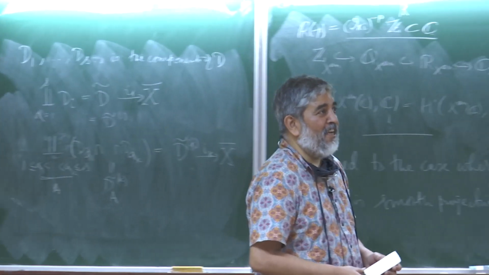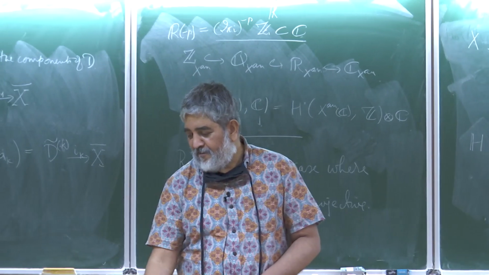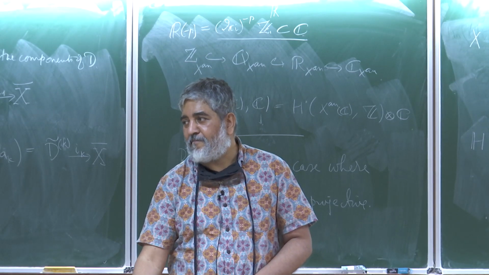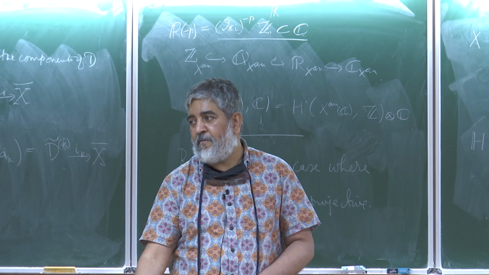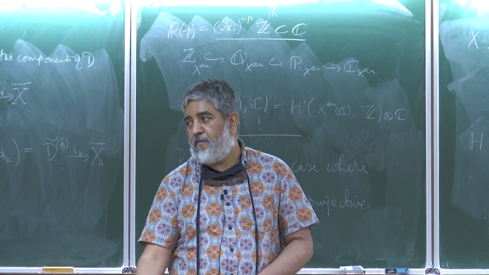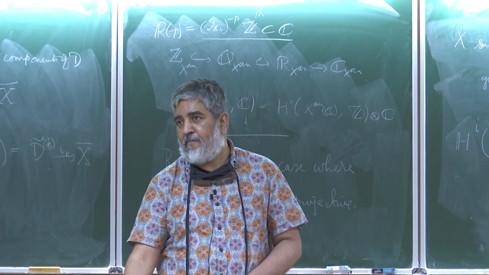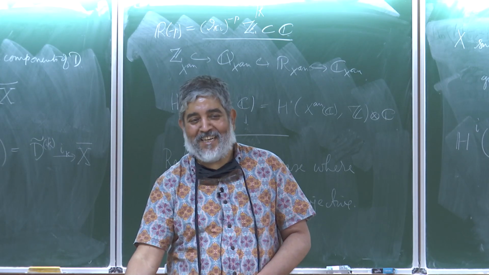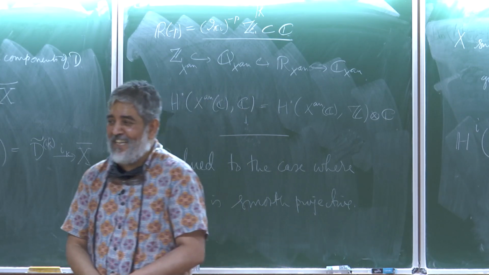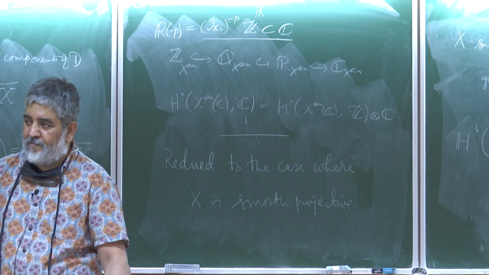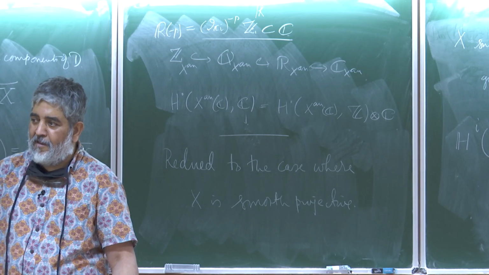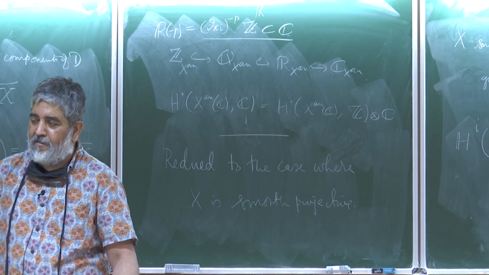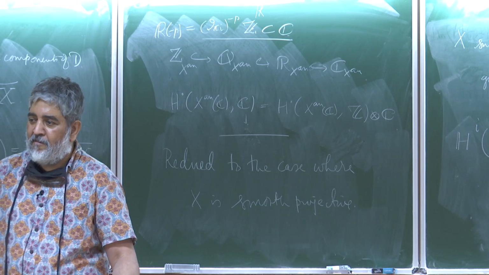Okay, so today, another question. Suppose you have a family over a base, and you can do your algebraic theory at the closed point and at the generic point. You also have your topological theory over your generic point and the analytic theory over the closed point. So how does this compare? This has become a discussion session, but okay.